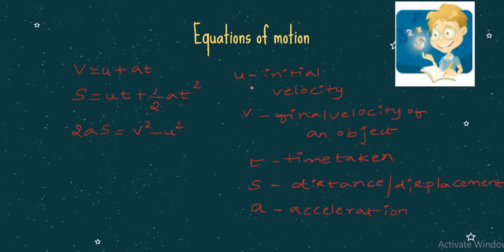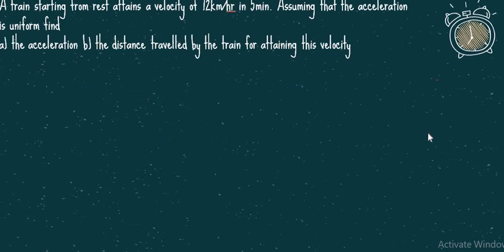See, if you are writing u, that is initial velocity, you must express that initial velocity in terms of units, that is meter per second, or else you can write centimeter per second, or kilometer per hour. Every term I mentioned here, you need to express in terms of units. That is the major important thing while solving problems. Okay, first problem. Please read out the question properly and then write down what they have given. Then you can solve.